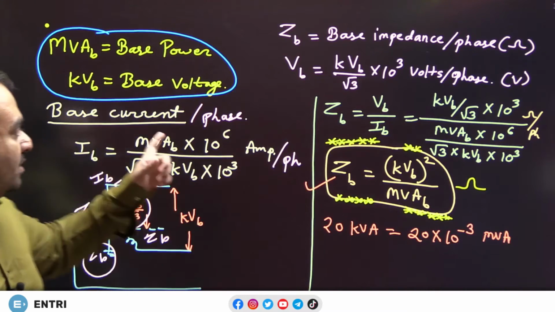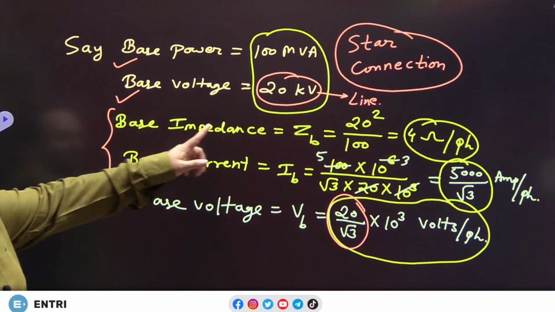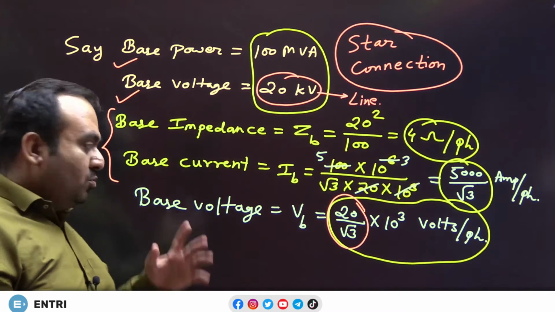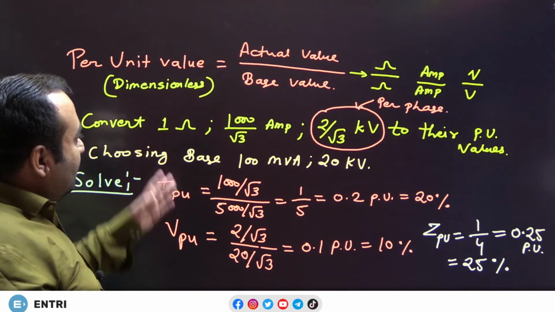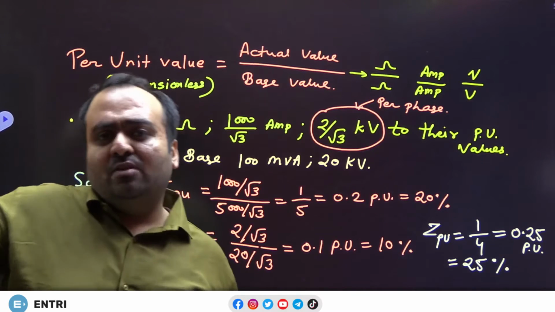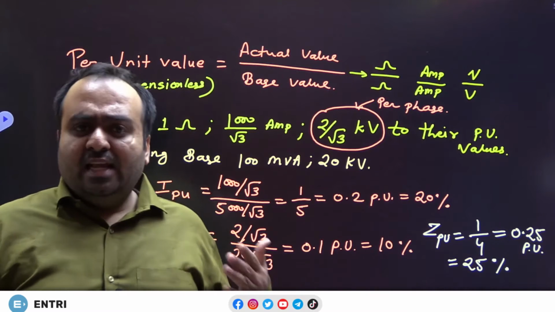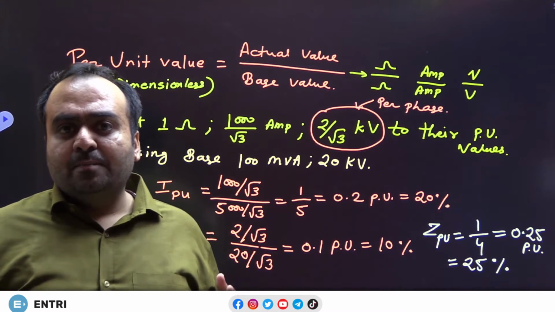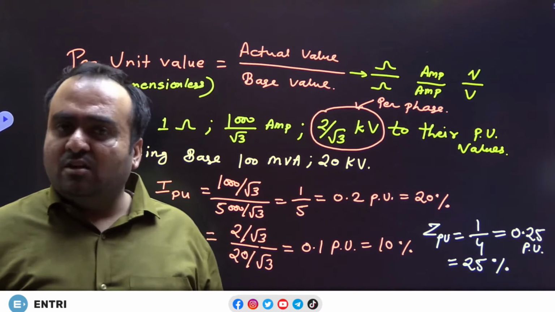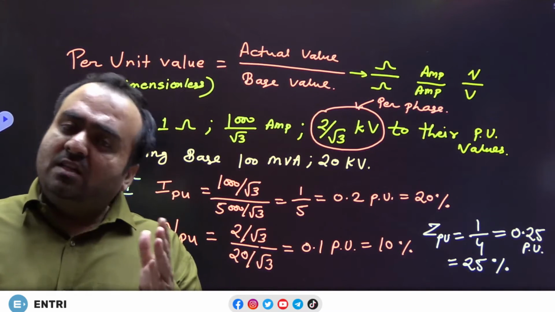Once having base power and base voltage, we find out the base current. We take the star connection as the reference connection, and then a numerical value example was taken to clarify the things, and then some random values to make you understand how the calculation proceeds. It is just that you have actual values, you have base values, and you have to divide. You need to only take care of the factors of root 3 here or there, and you have to take care of the per phase values of line and voltage. That is factor of root 3 only. So just careful attention will do the job for you.